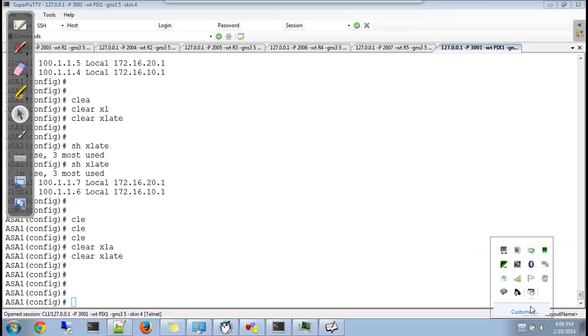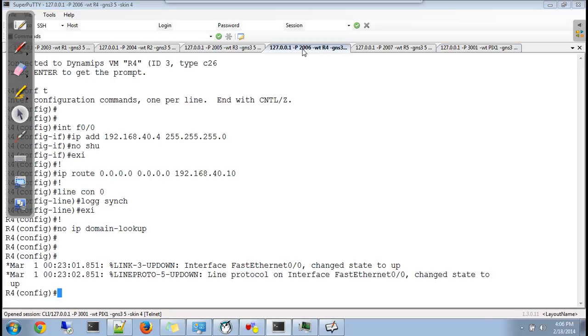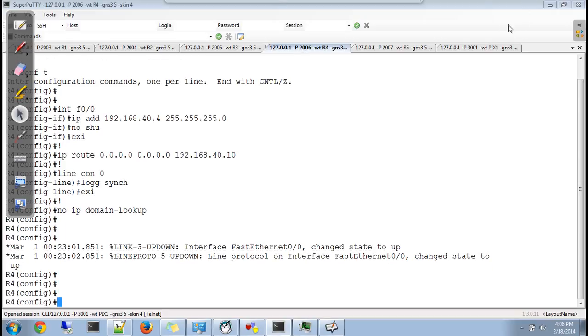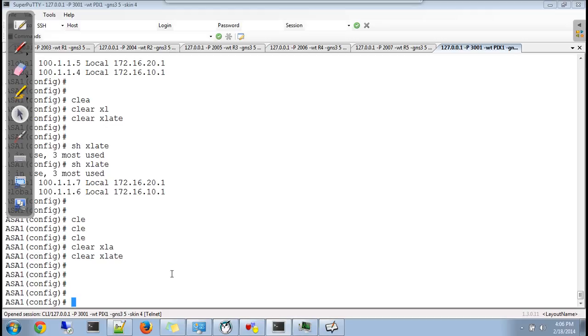Now, if you see, we have not touched our DMZ zones. Suppose from DMZ you want to go out, even DMZ are on high security level, right? 50 is higher than 0. So even DMZ can go out. But in this case, no. Reason being, NAT control is enabled, and you do not have any translation rule for DMZ. So what you can do is define a rule for DMZ also. You can use the same pool or you can use a different pool. So let's say we are creating a different pool for DMZs alone.